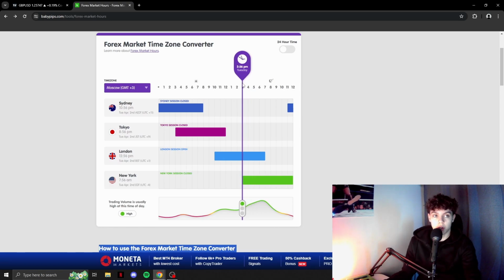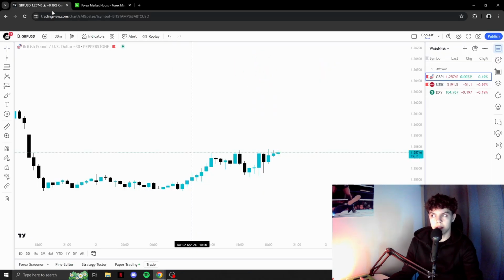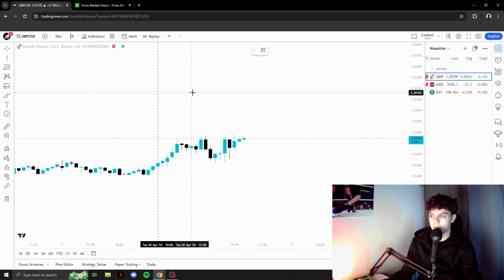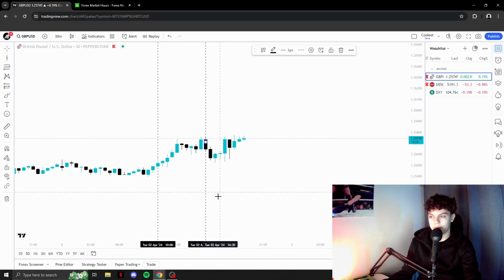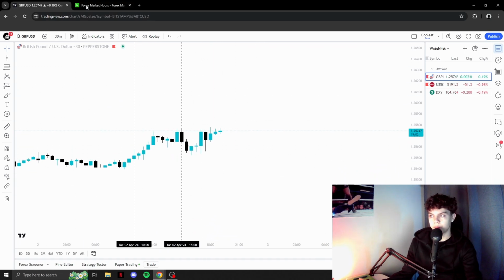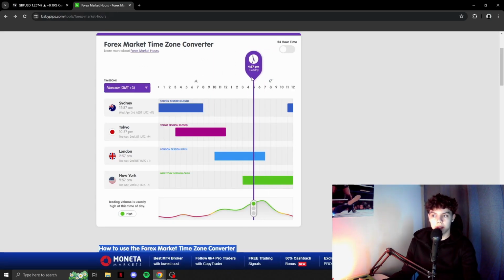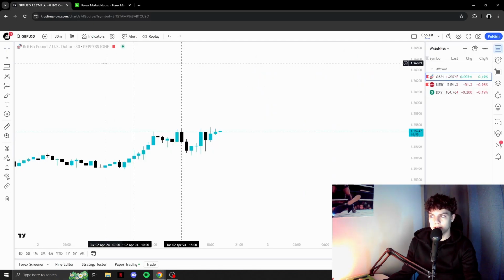If you want to trade gold or GBP/USD, all the USD pairs are going to move a lot right here. For me, it is 3 p.m., so it is right here, 15, aka 3 p.m. This is where the New York session opens. That is where the most volatility is going to be on GBP/USD, on London session and New York session open. So it makes sense.